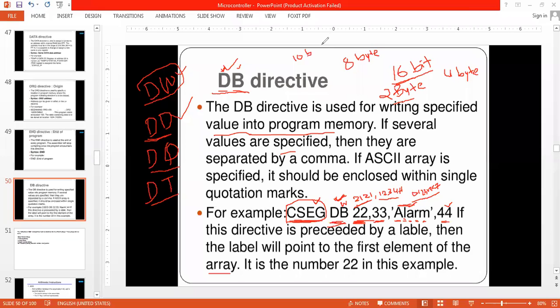T stands for 10 bytes, so the data size is going to be 10 byte size. Whatever name I give here is going to be the array. I am creating an array here. You know what an array is, correct?